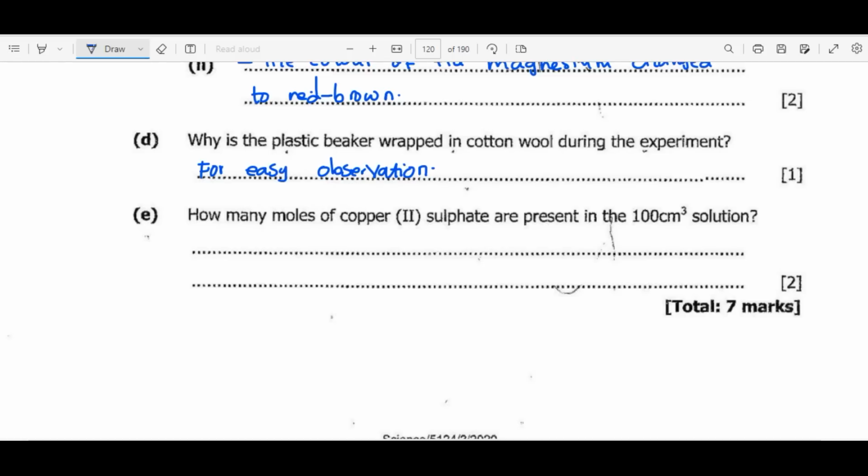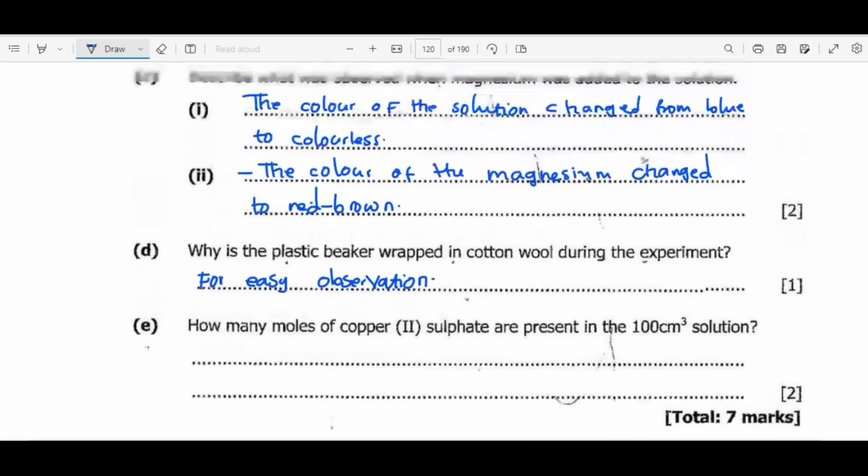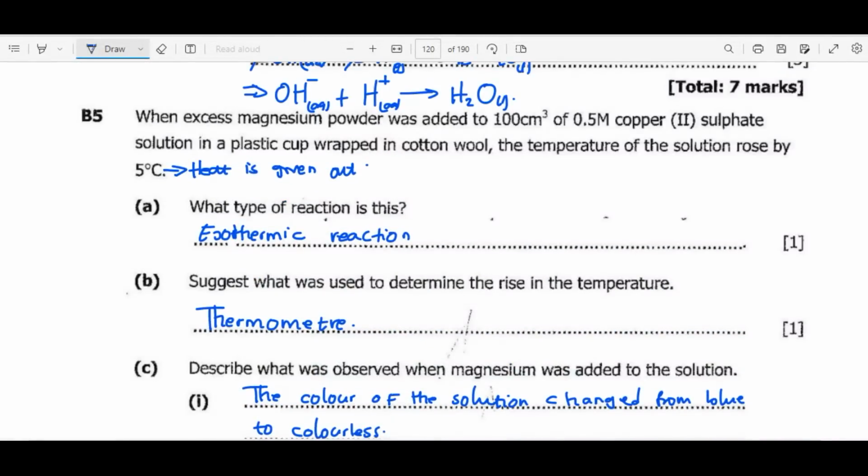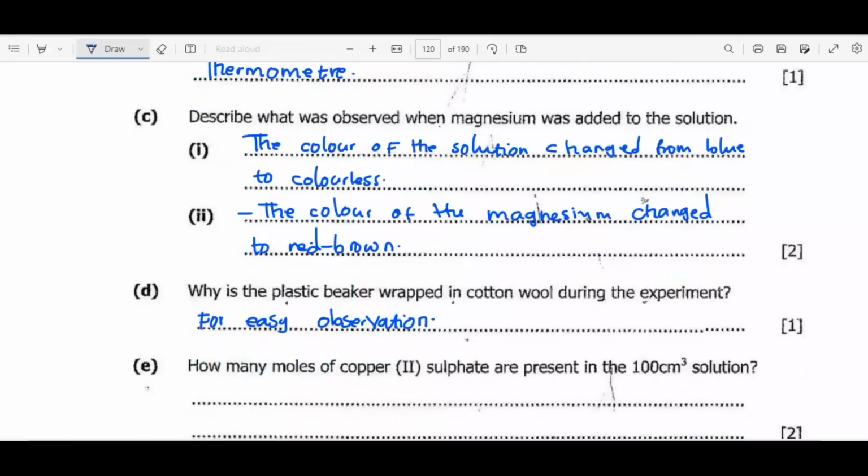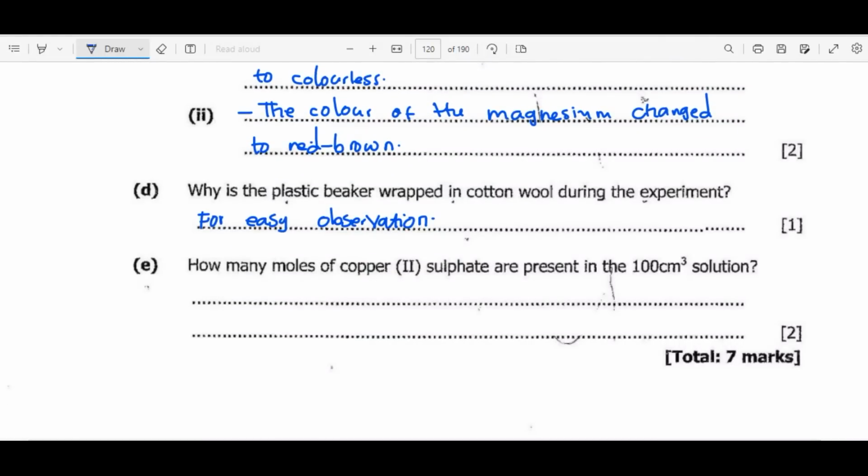Then how many moles of copper 2 sulfate are present in the 100 cubic centimeters of this? So we have been given the volume. What else do we have? We also have the concentration. Whenever you are finding the number of moles given concentration and volume, the formula is number of moles equals concentration times volume. So the concentration is 0.5